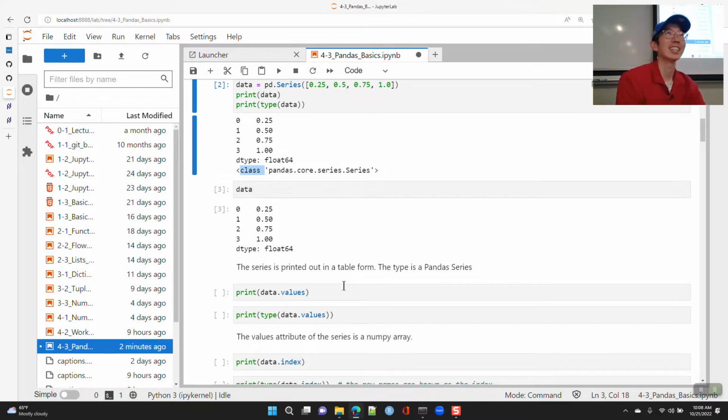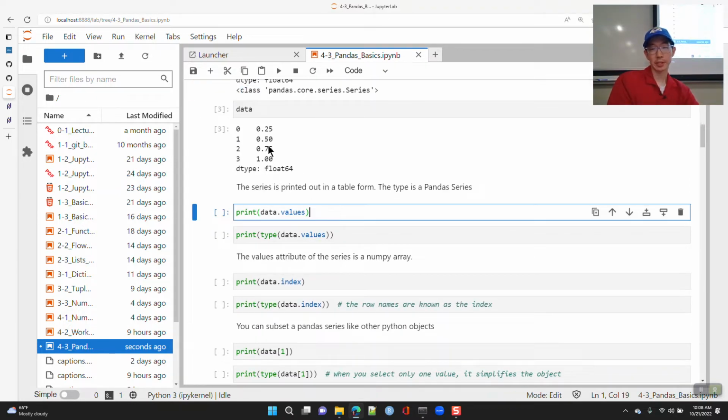No, because in a dictionary you can have different data types and stuff. So think of it as an array where you have an index attached to it. You can subset kind of like the way you subset a dictionary and things like that, but it's not a dictionary, because in a dictionary you can have different types and stuff.